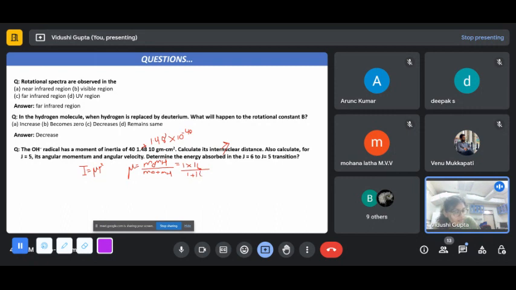Also we can multiply by 1 by Avogadro number. So after solving it, the reduced mass will be